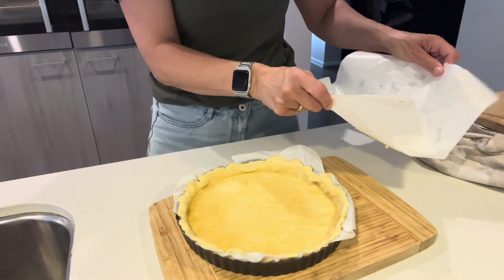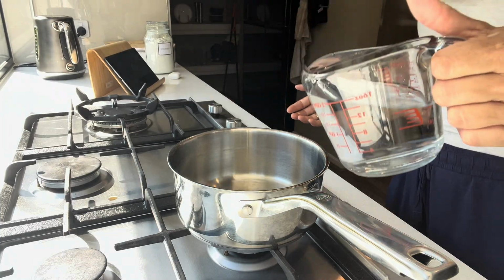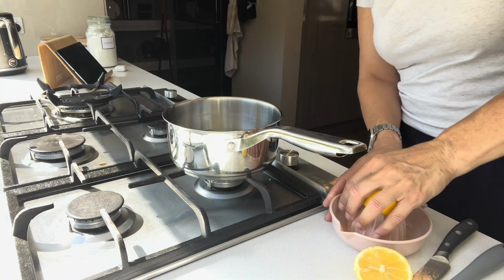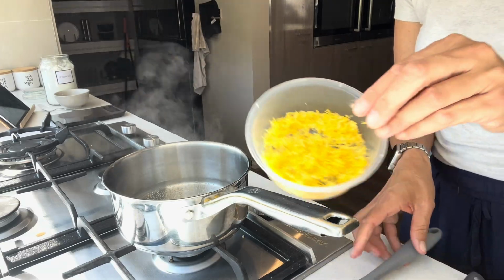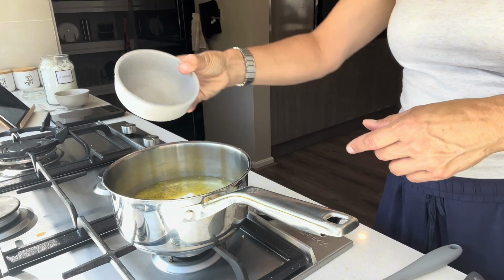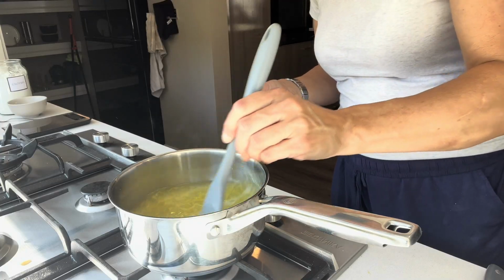So this is probably the most technical part of this dish, and the part that has to be right. I saw a lot of different recipes for this, but I ended up following the Jamie Oliver one, where he puts 400 ml of water into a saucepan, and then he squeezes and zests some lemons. I think I did about 6 lemons in the end. So I put about 5 lemon zests in that water, about 100 grams of caster sugar, and then 200 ml